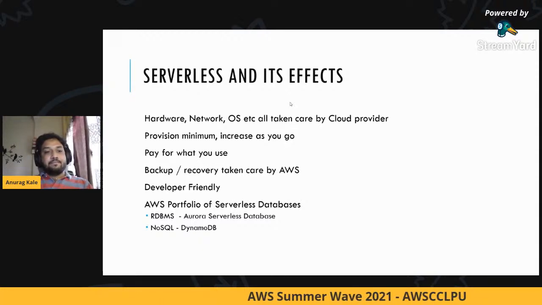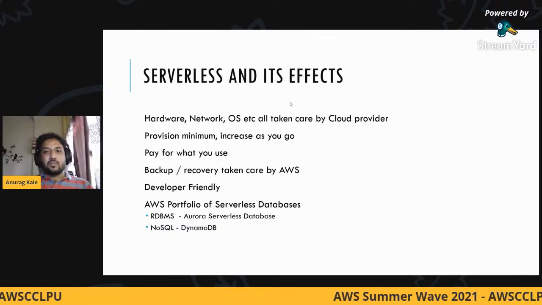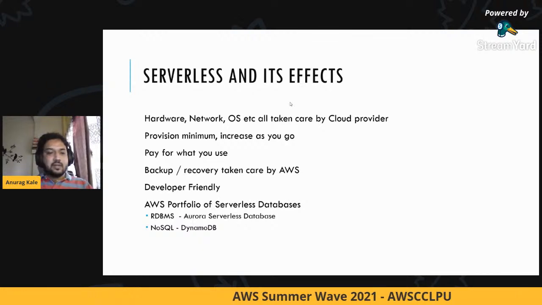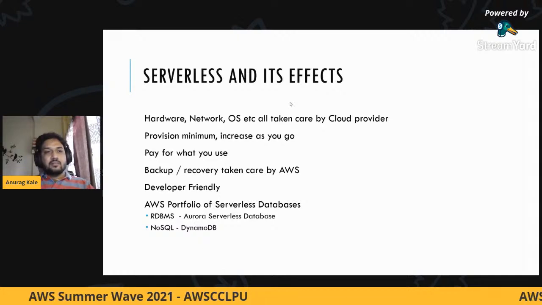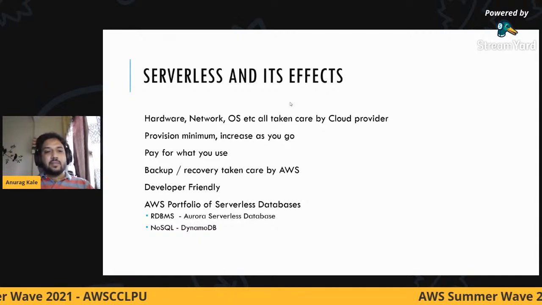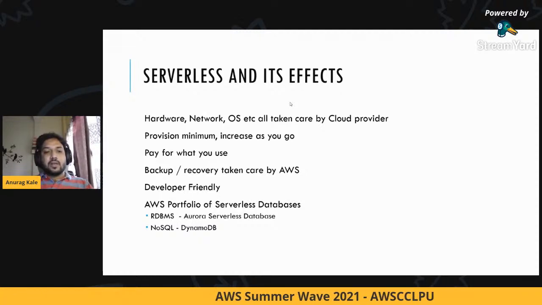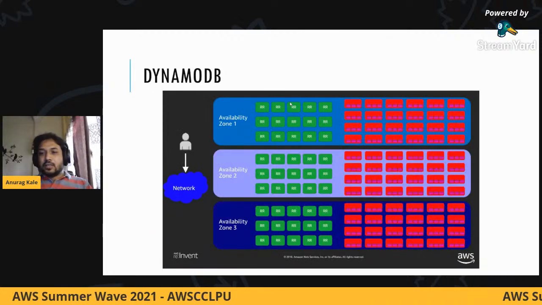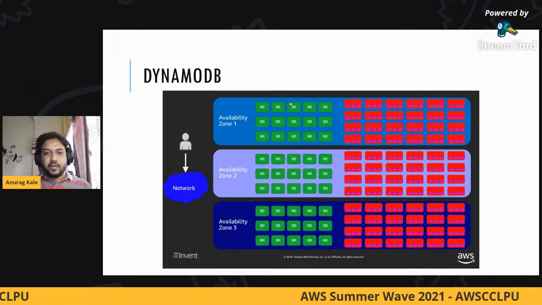Now, I'm not going to focus a lot on Aurora serverless because relational databases are generally taught in colleges. Most of the applications or projects that you do in college, you generally end up using relational databases. So you will get good exposure. At least the basics will be right when you are doing that. So let's focus a little bit on DynamoDB because that is a little different. Let's look at how DynamoDB is working, right?